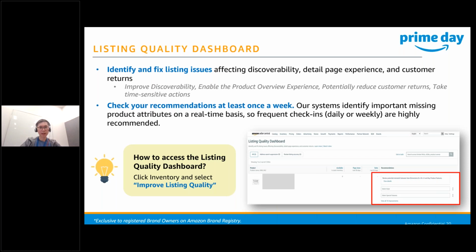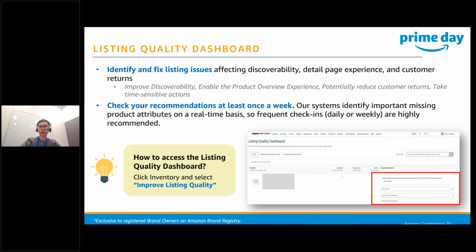Using this, we also enable the product overview experience. Product overview is a new experience that will highlight important product attributes above the bullet points on your product detail page. This feature helps customers to evaluate and decide on your product easily to make a faster buying decision. However, not all products have this feature. Currently, it's only available for a limited number of product types, but we are working to enable this for more product types. So in some listings, you may not see this feature appearing because it is still not available for all product types.